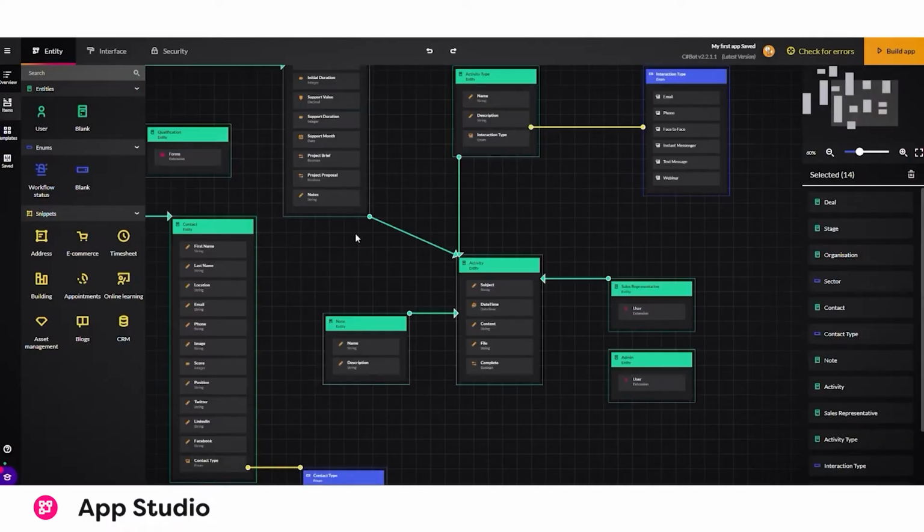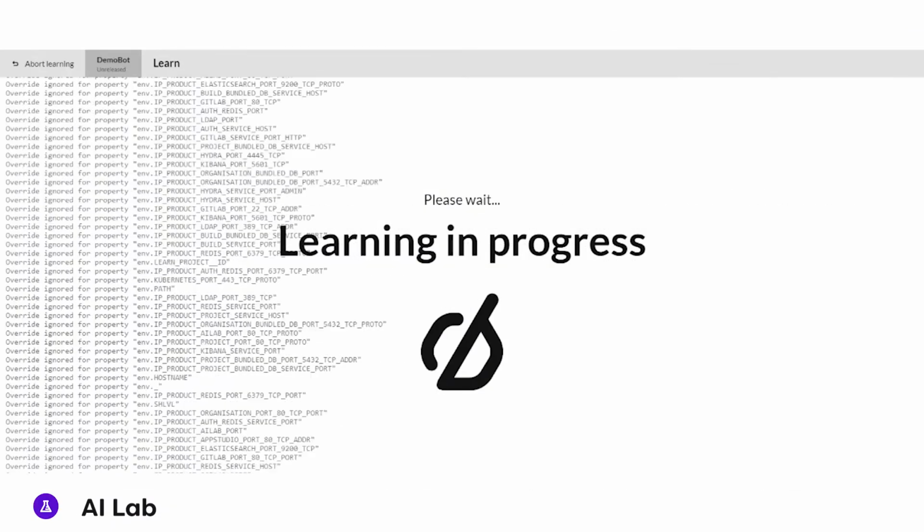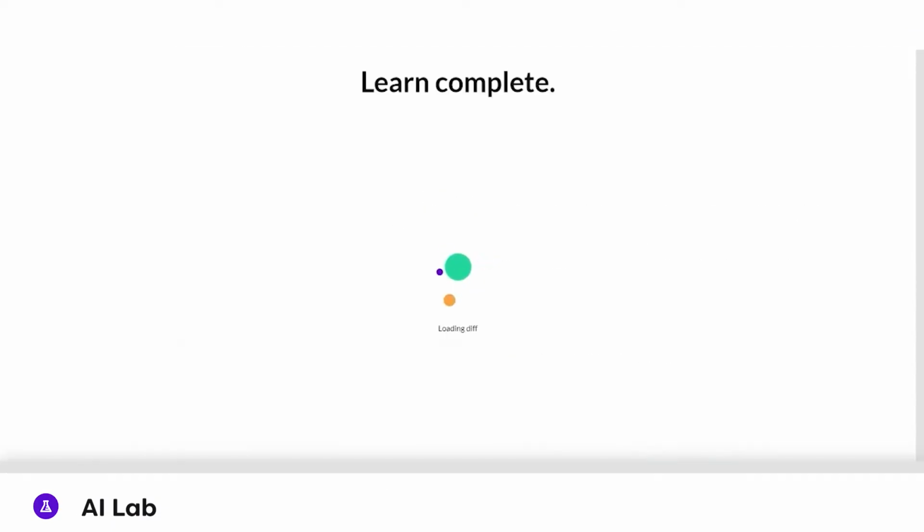We're going to talk about the App Studio, the AI Lab, and custom code, and how they all work together. This flowchart was actually in the introduction of my PhD, and we've been following this flowchart for many years and created some pretty amazing CodeBots, and now we're going to put the power in your hands.